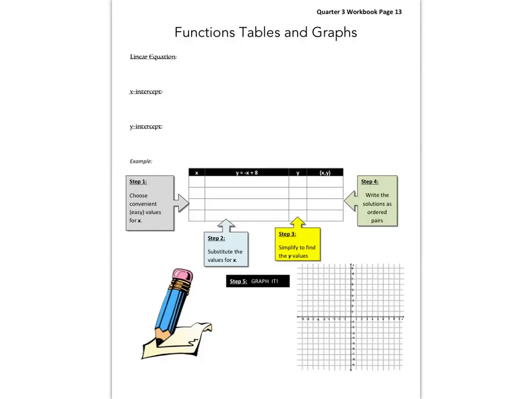All right, we're going to do something a little different today. So you're going to take notes with me on this, and then we'll go over it next class when I'm here. So a linear equation is an equation